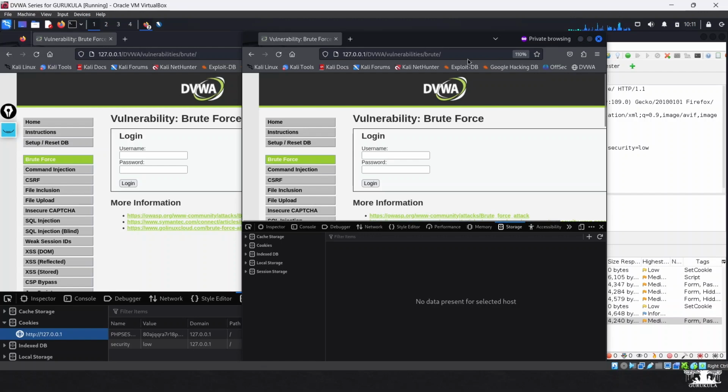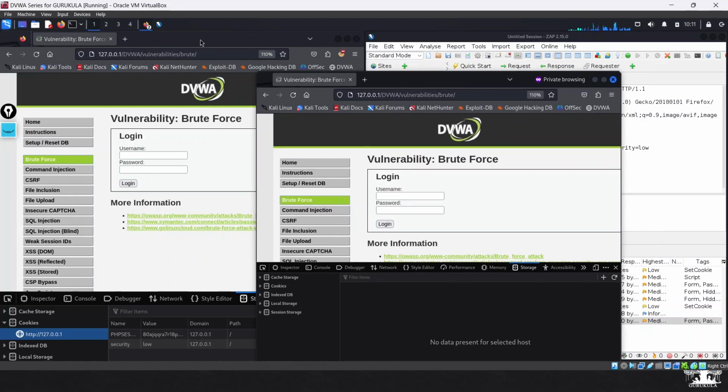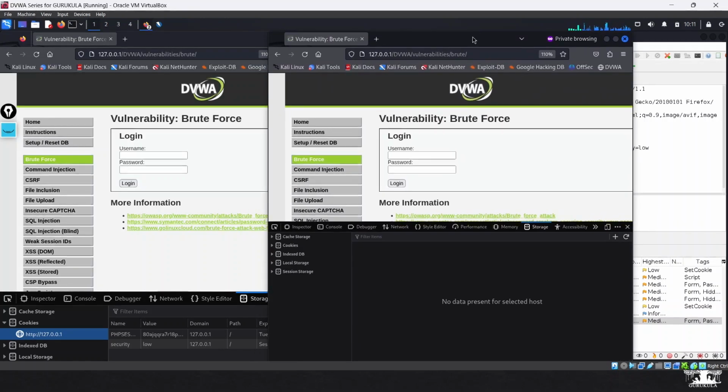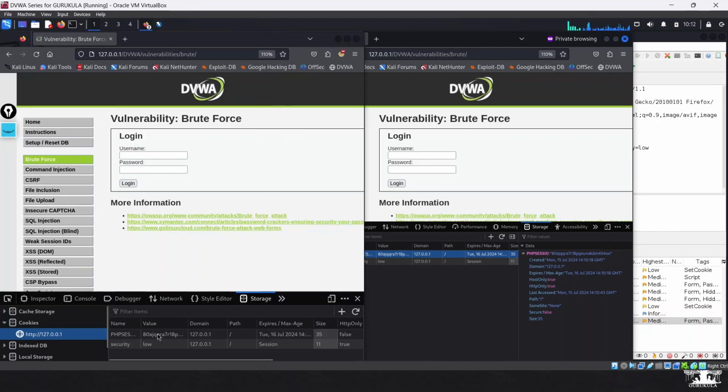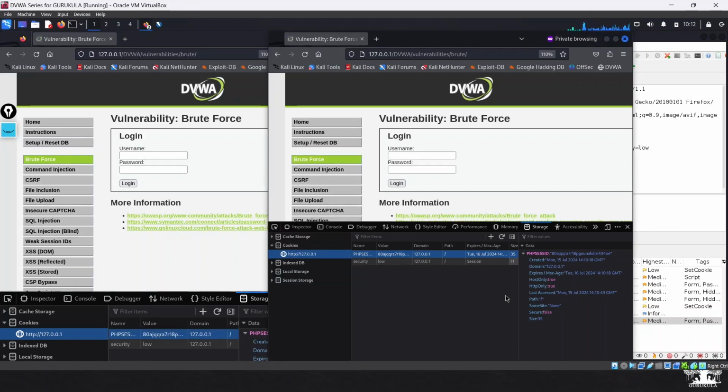I have not logged in on this particular browser. I have logged in only on the other browser, but still the web application has authenticated this request because the session ID is matching with this session ID. Your web application is going to authenticate this request wherever it is coming from if it is not properly secured, and if the session ID is the only authentication factor, then that is very vulnerable. So we are able to take over the session,